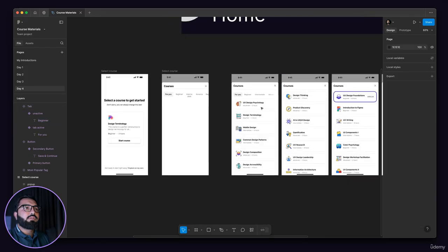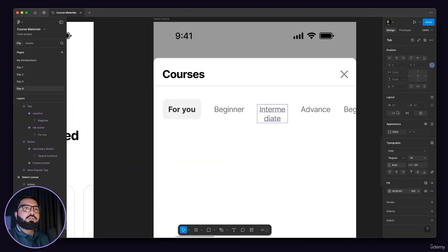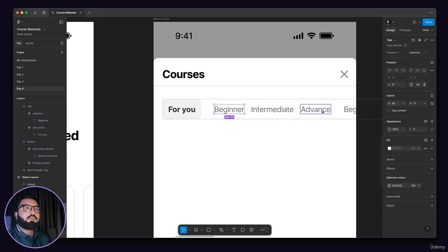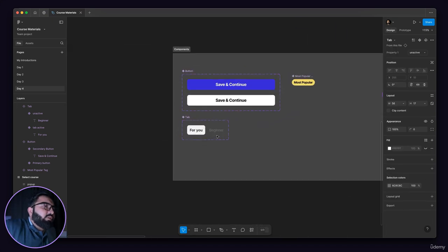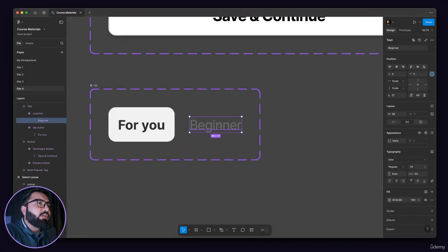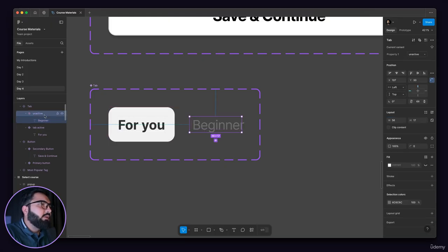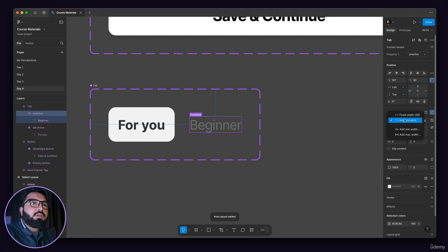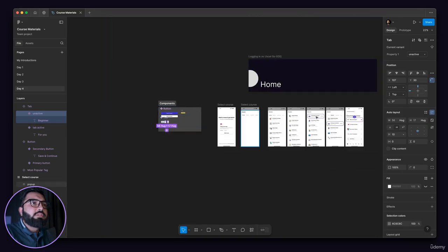Okay, let me see if this is resolved. No, it's not working perfectly. You know, we need to find a solution for each problem, and this is the reason this is the right course. Okay, so to do that, what we can do here is, okay, unactive. I'm selecting this, and I will give it auto layout, and now I will hug the content, and let me see if these are,